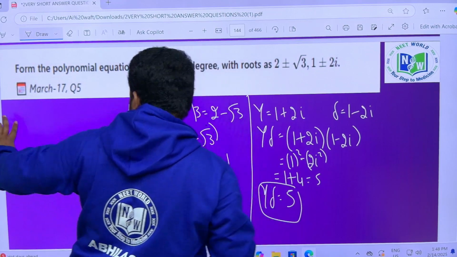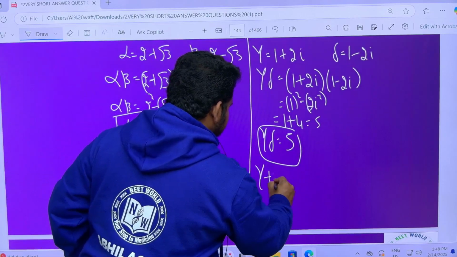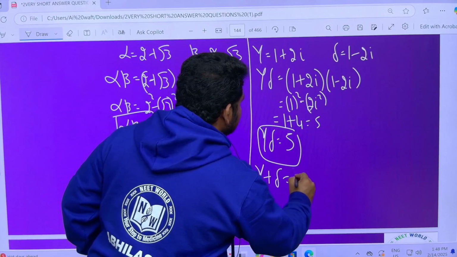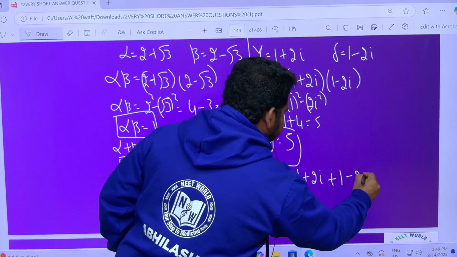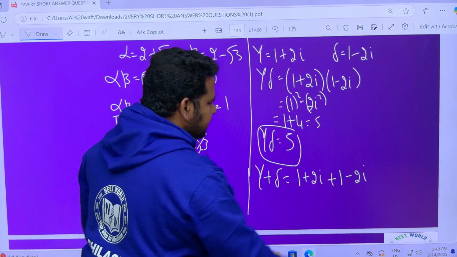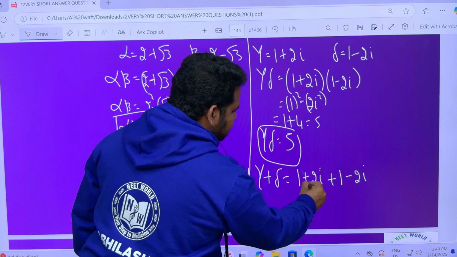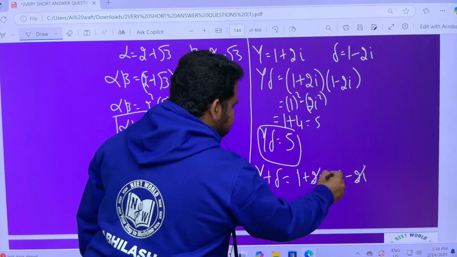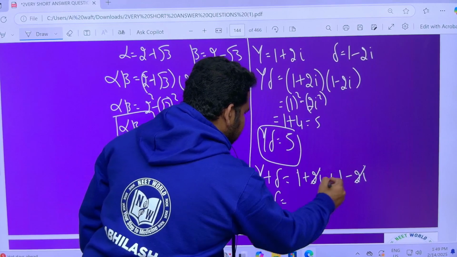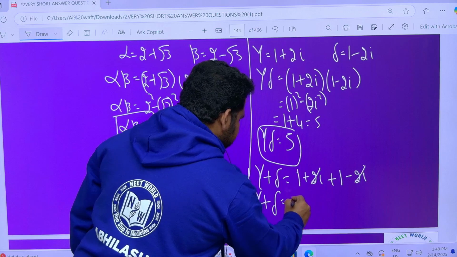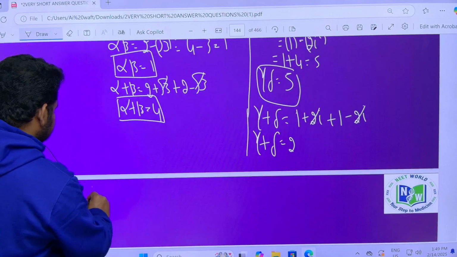So what about the sum of the roots here? Gamma plus delta will be equal to 1 plus 2i plus 1 minus 2i. You have to add real part with real part, and imaginary part with imaginary part. The imaginary parts plus 2i and minus 2i cancel. 1 plus 1 is 2. So gamma plus delta is 2. So the required polynomial equation is